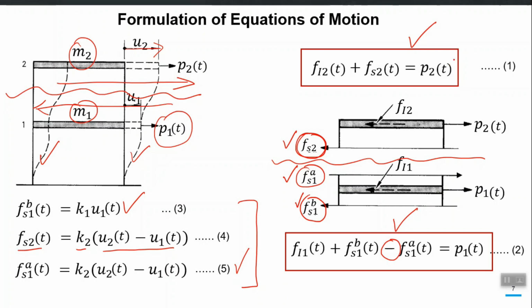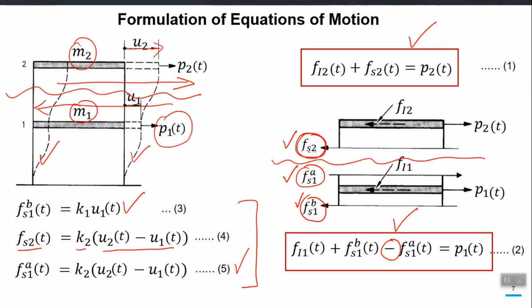So we are clear with equation 1 and 2, which are our equations of motion. So 1 and 2 are our equilibrium equations. 3, 4 and 5 we have actually worked out, the quantities which should be put in the equilibrium equation. Now Fi1 and Fi2 are simply m1 u1 dot dot and m2 u2 dot dot, because inertial force depends on the absolute acceleration. See, the elastic restoring force depends upon the relative deformation between the top and bottom point of your column.